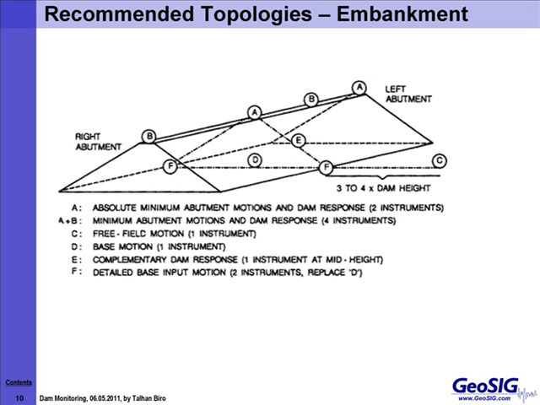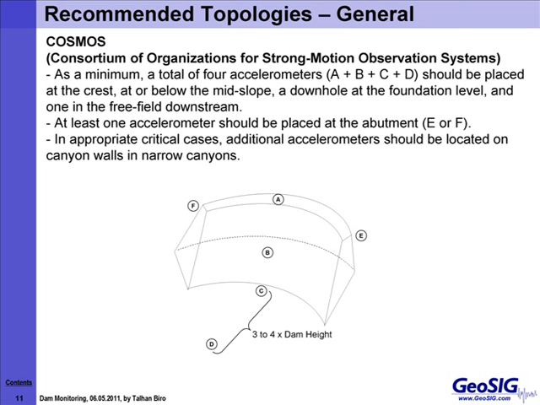Those were the recommendations based on the scientific studies. And as far as the practical implementations are concerned, we can also refer to a more practical institution. This is in the United States, that is called COSMOS, Consortium of Organizations for Strong Motion Observation Systems. This consortium, based on all the practical applications, recommended the sketch we see over here, whereas this is very much